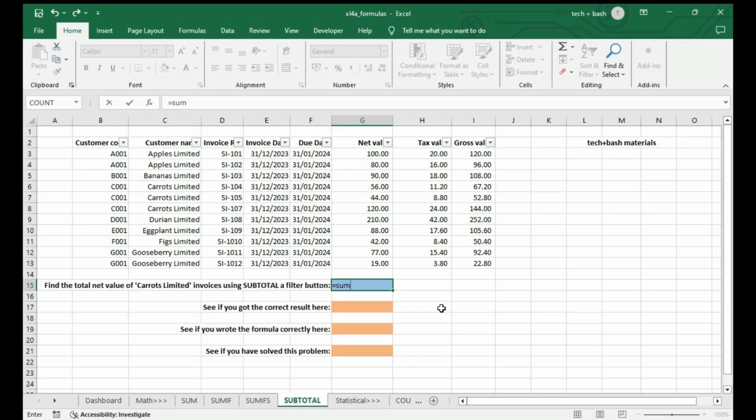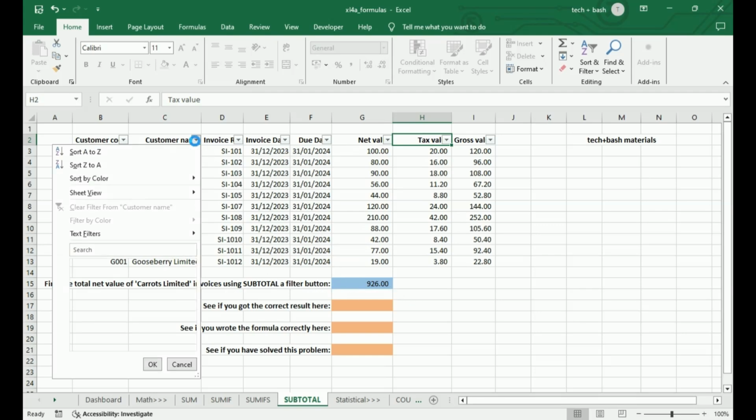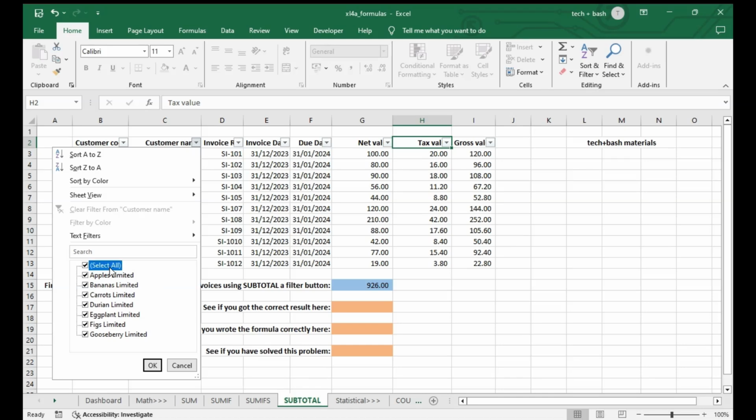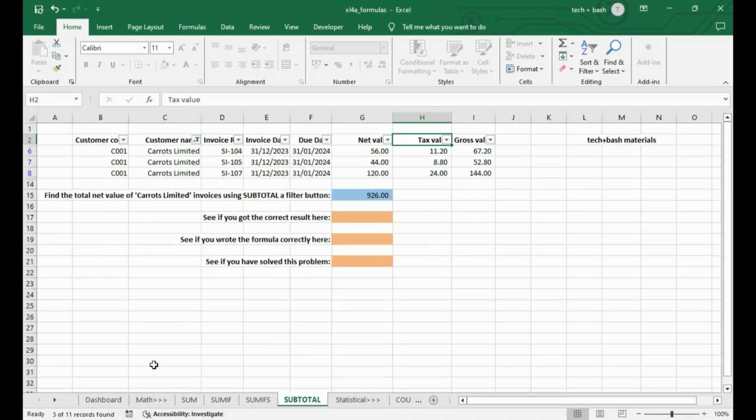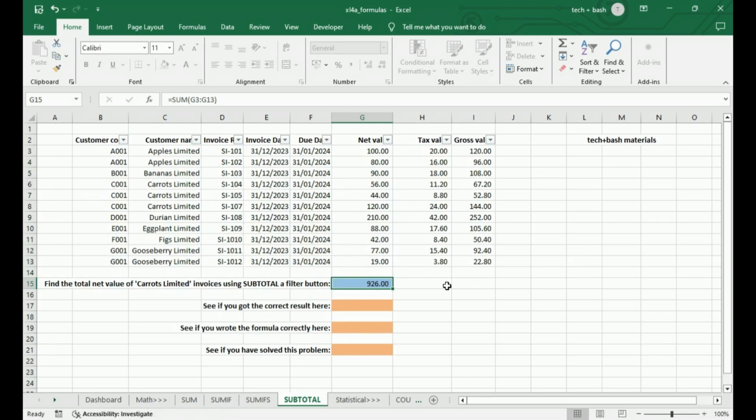If I use SUM, this would show me the total value at 926 of all the invoices, but when I go to filter, this doesn't change. It remains at 926. What I want is to be able to dynamically update this figure with whatever is on screen after I filter it. To do this, type in equals SUBTOTAL,